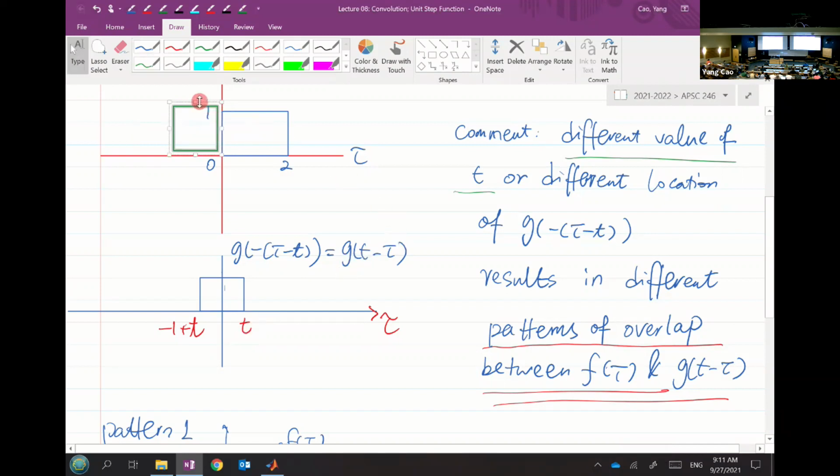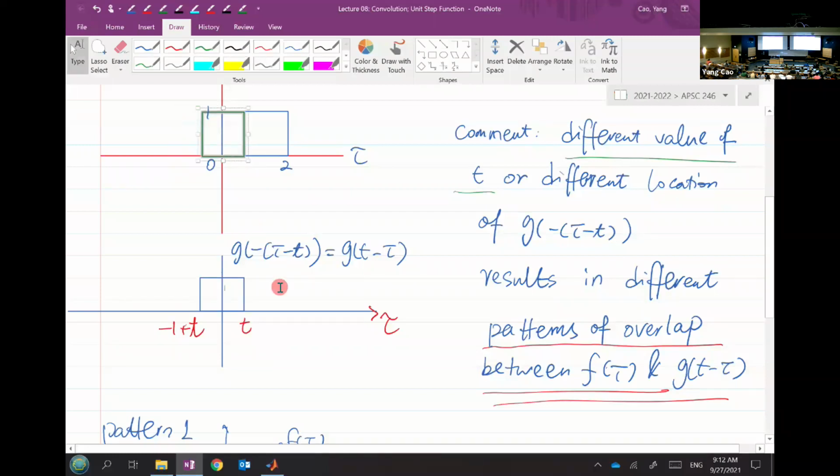You give a different t value, and this box will start to shift to the right. Okay, it can move over here, over here, over here, right? So it continues to move as t goes to infinity. That's how this box can be shifted. So as you can see, this is the first pattern. Now, second pattern